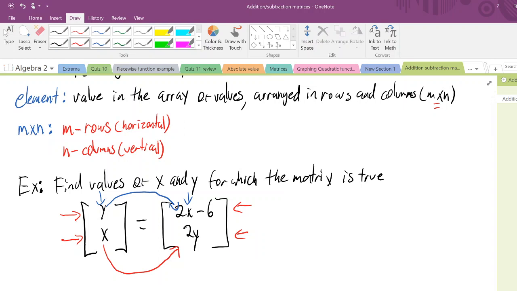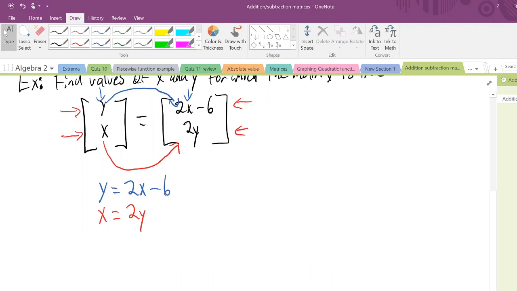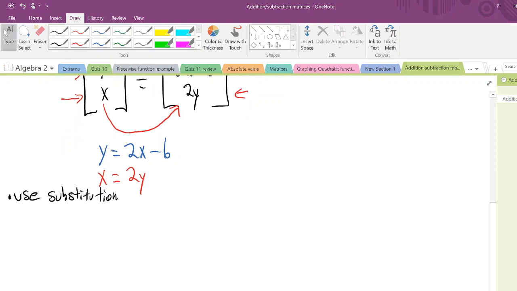For the blue arrow, I have y is equal to 2x minus 6. And for the next one, I have x is equal to 2y. Then all I have to do is solve for my variables. How am I going to do that? I'm going to use substitution. I have this x equals 2y, which is already simple,